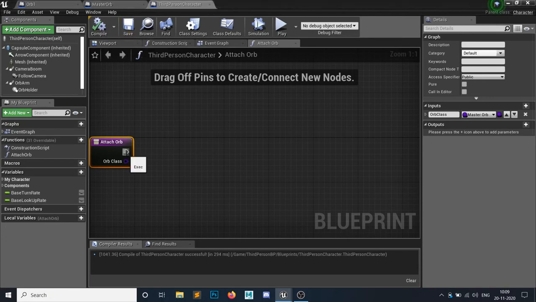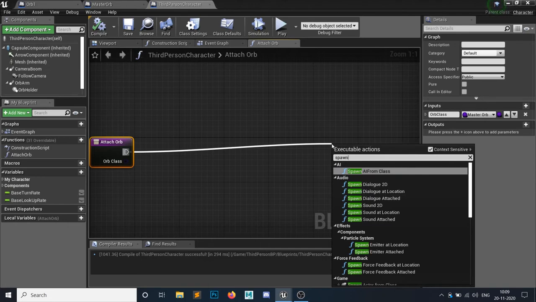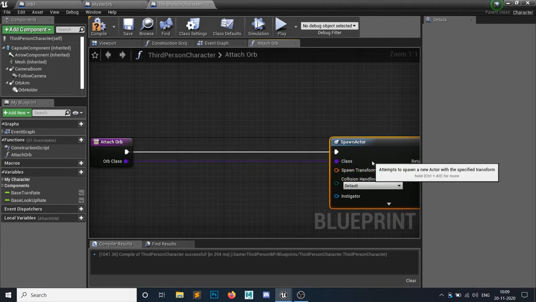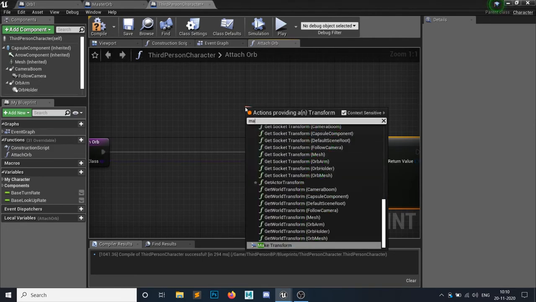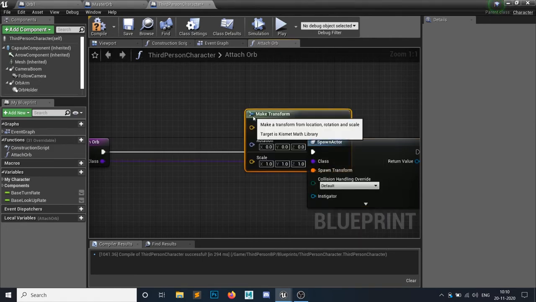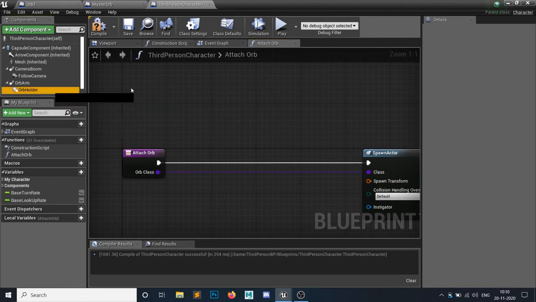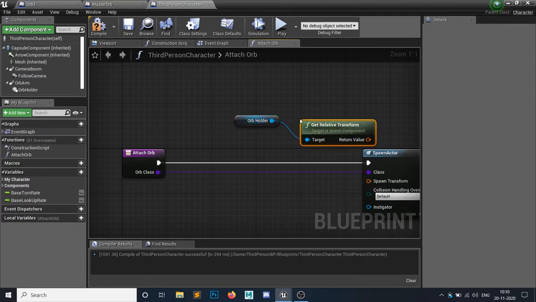So what I need to do is spawn actor from class, and the class would be this one. The transform should be make transform, because the transform should be, wait, just delete it. Get the transform of this orb holder, the scene component, and I will simply get the relative transform. This transform should go here.